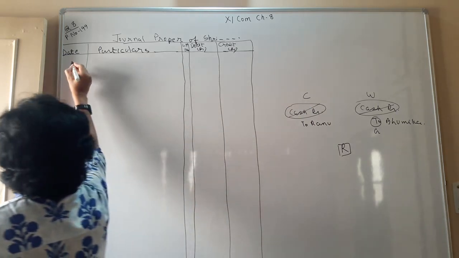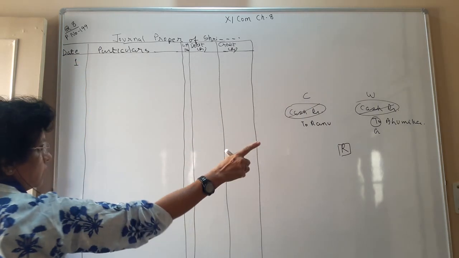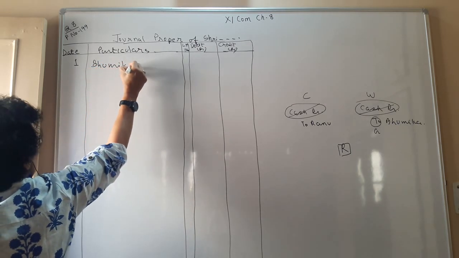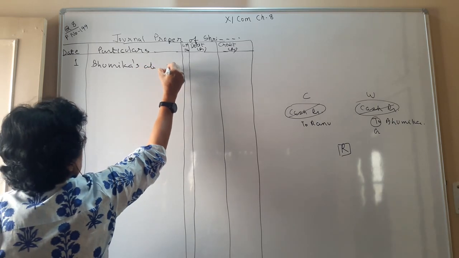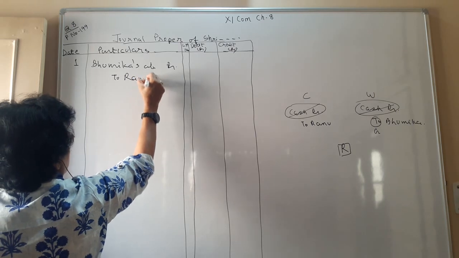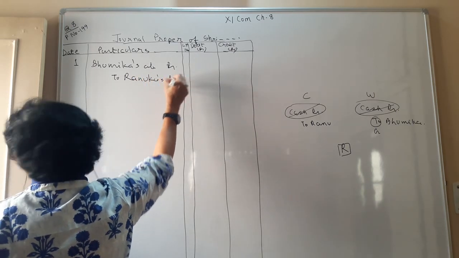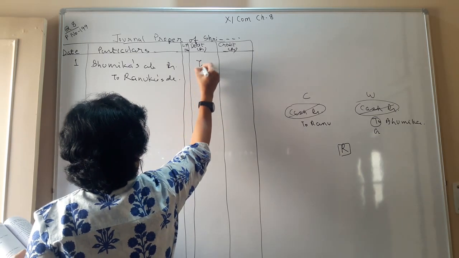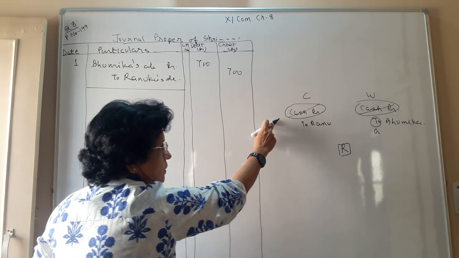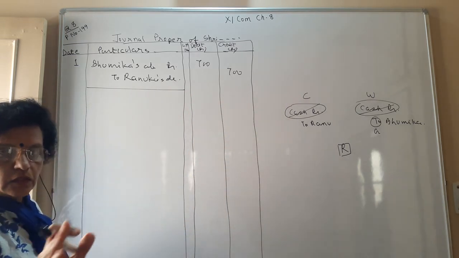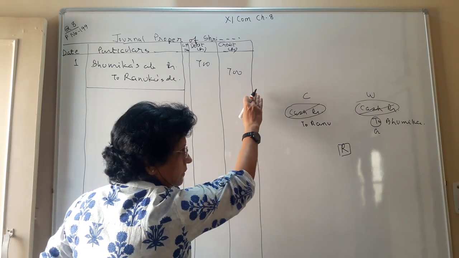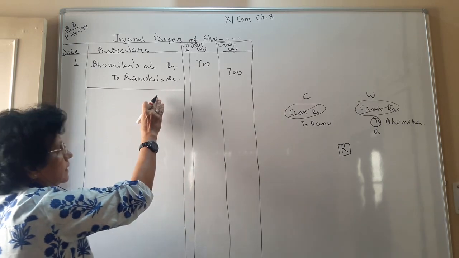So your rectification journal entry is that wrongly recorded Bhumika's account debit to Renuka's account. The amount of the transaction is 700. There is no need to write 700 cash because the cash portion is correct, so do not touch that. We have to derive the entry from the wrong account to be reversed and the right account to be given the correct effect.